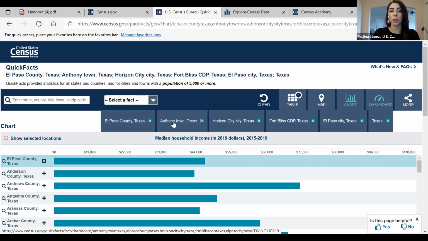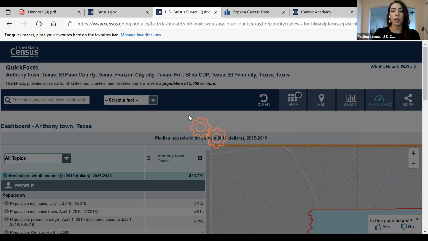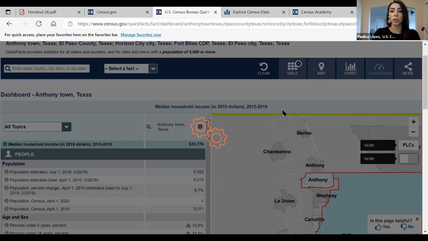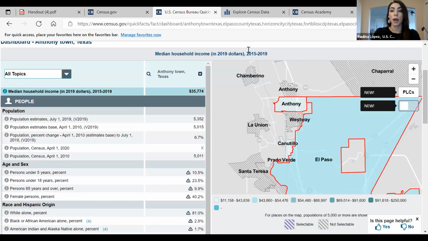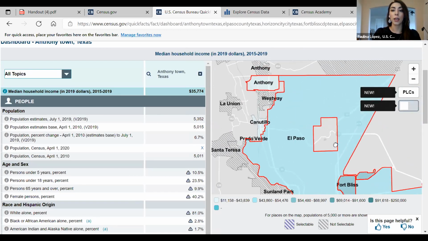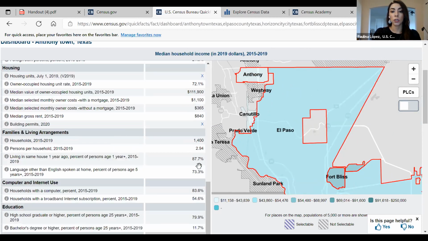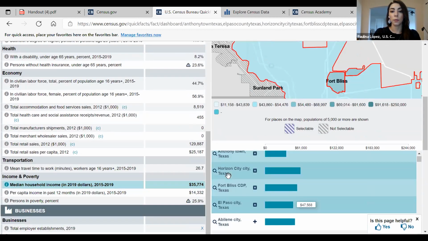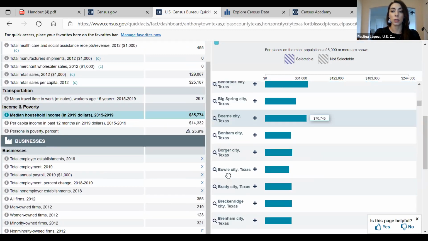So let's say I want to compare the municipalities again in El Paso County. The mapping feature takes me to El Paso County, selecting the municipalities that I selected first, or asked QuickFacts to compare for me with the information in the chart, and then the bar chart as well for all the municipalities in the state of Texas.